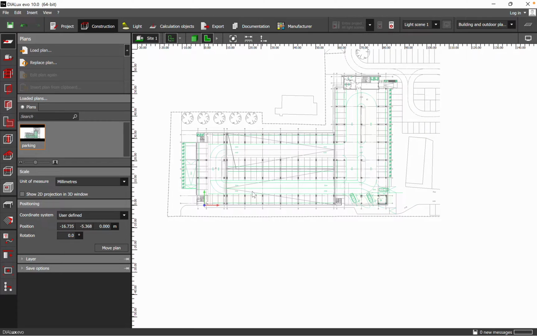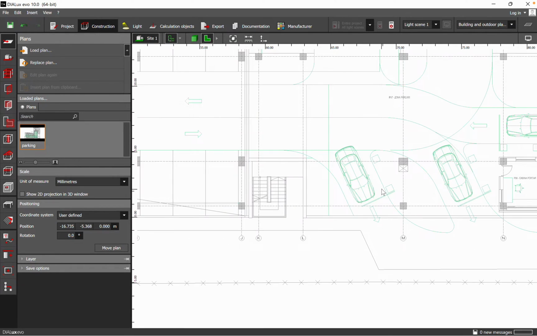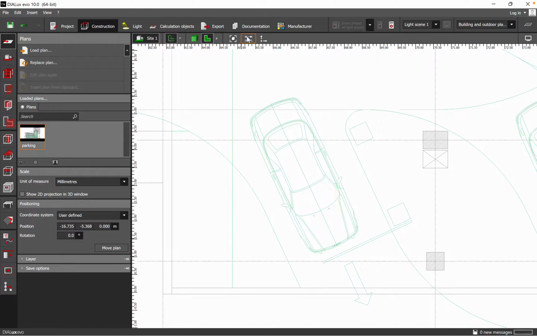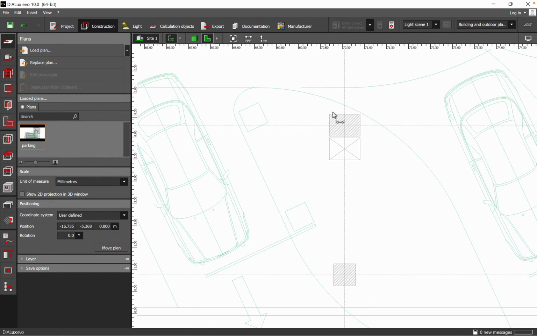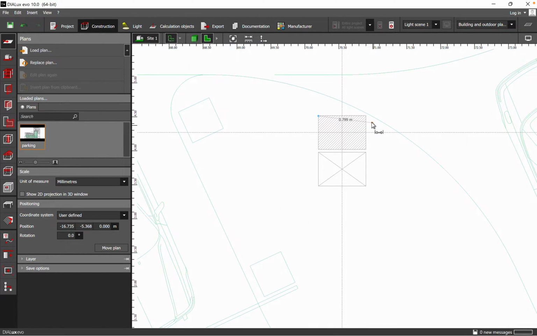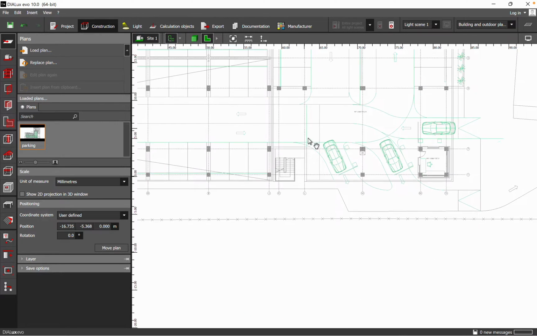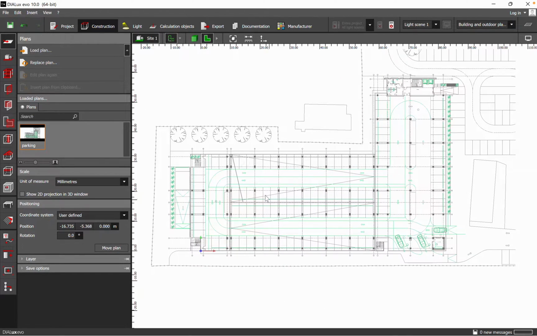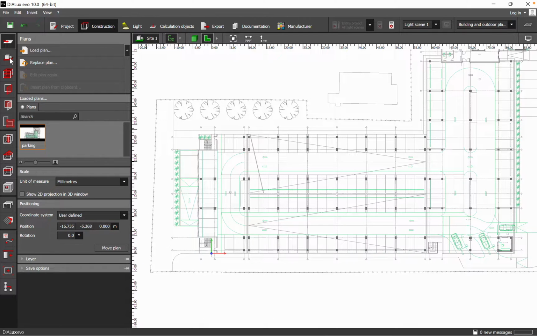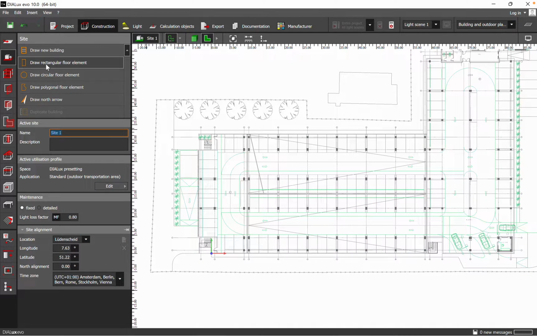And just to be sure that everything is okay, I have here one car, for example, and I will just make sure that my dimensions are okay. So before starting to draw the building and the space, I will just make a couple of measurements of the DWG file which I just imported into Dialux. And as you see, also the columns look okay. So after we are sure that we have the right dimensions,